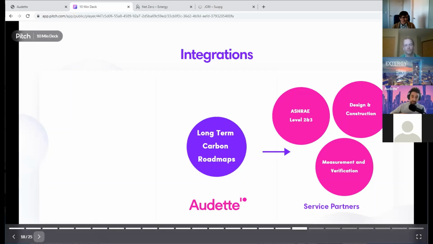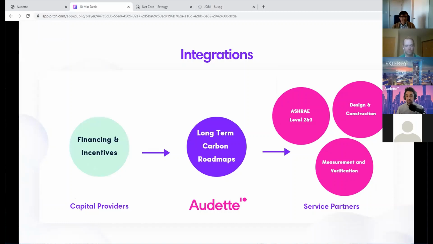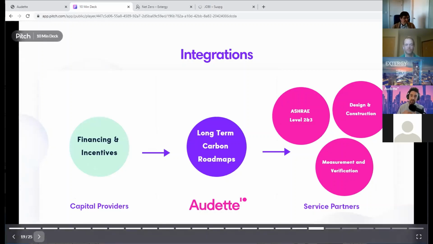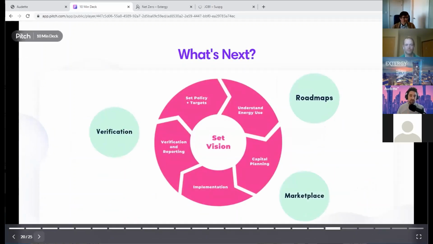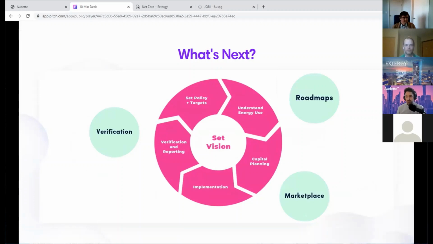On the other side, on the next slide, it also makes it really easy for financiers and incentive providers to de-risk their investments, inject capital, and then track the impacts of that capital. On the next slide, you'll see the energy management cycle you're likely familiar with, roughly plan, do, check, act. Well, beyond our road mapping service, we're also building out a services and finance marketplace, which will allow users to access the professionals, the latest technologies, and the most attractive capital on the planet to make decarbonization projects happen.